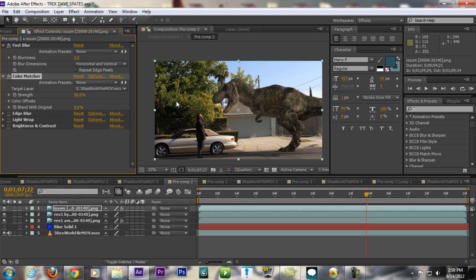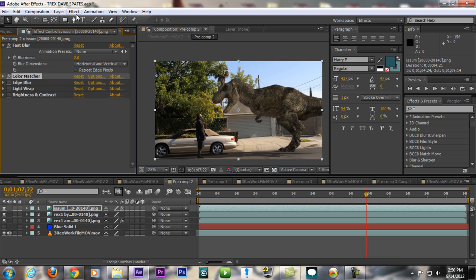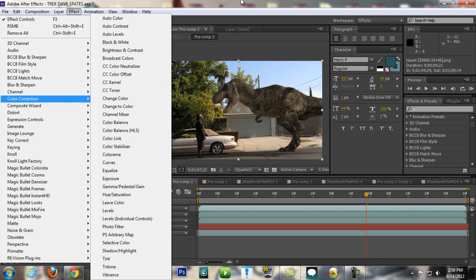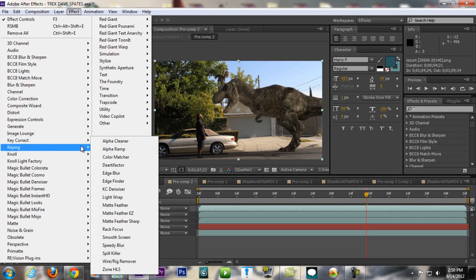to match your footage layer. As you can see, the T-Rex here, this is the before, kind of grayish, and after, it adds some yellow color, just like the footage right here. That's the fastest way. And this is the blend with original, you can play with it so it will really match the color of your footage. And it's very easy. Imagine you had to do the color correcting yourself with a bunch of color correction effects to match your compositing, but you can do it with one simple step, color matcher, and there you go,